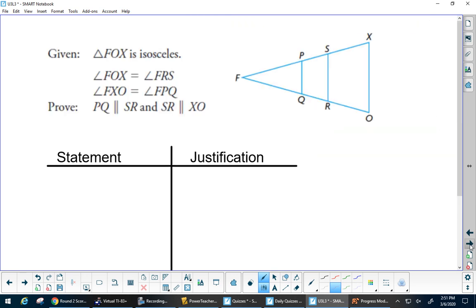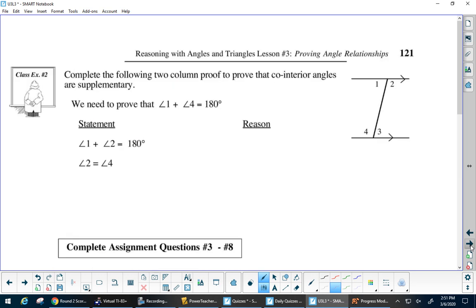Okay? Let's look at this top one. Whoa. Where am I here? Things just got weird. Okay, here we are. We're at this one. Prove that angle 1 plus angle 4 equals 180. This is what I need to prove. Now, they're starting us off: 1 plus 2 equals 180. What would be the reason for that? Straight angle, right? Straight line or straight angle. Okay, so that's legit. These two equal 180.